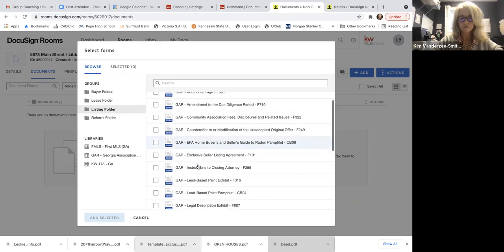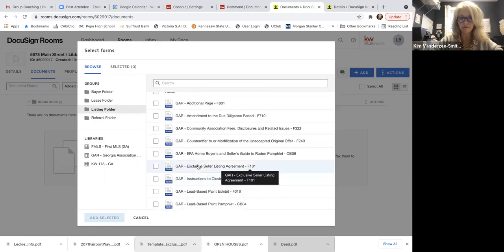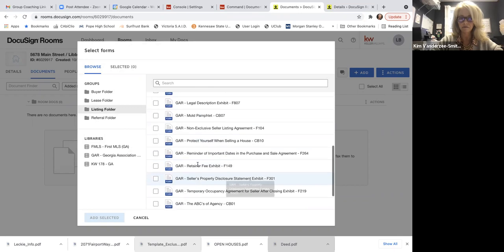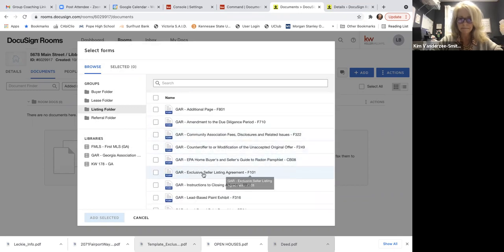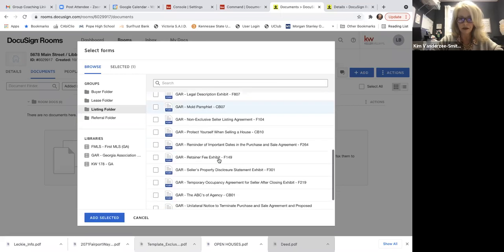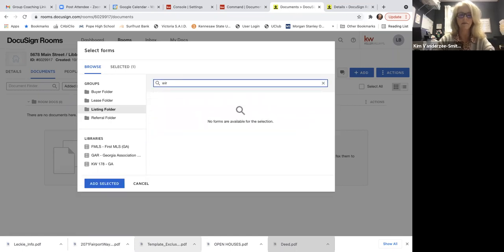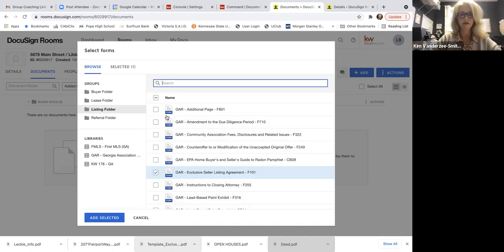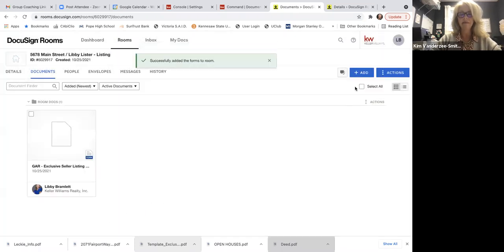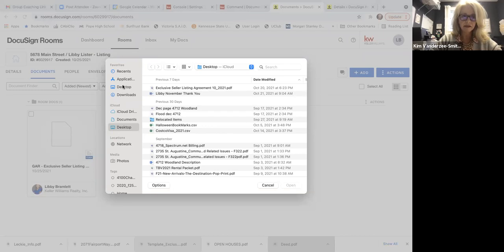And in here, you're going to select the seller's listing agreement, the exclusive seller listing agreement. And then you also want to do the wire fraud. Sometimes you can just come in here and type in wire, and that might not pop up. Irene was talking about the wire fraud. So I'm going to select the listing agreement, and I'm going to show you how I upload my wire fraud and the marketing, because we actually had samples on the